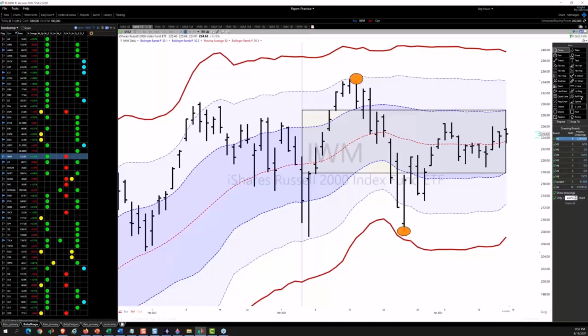Here's one that went all the way out to Z3. Here's one that went to Z2. What that difference between normal and abnormal does is tell us extreme cases, and then reversals from extremes, as you can see, become very interesting. So here's one where it already had an excursion outside of the river, so that was abnormal. Then it gapped up, but then sold off sharply all the way to Z-2, and then you had a move